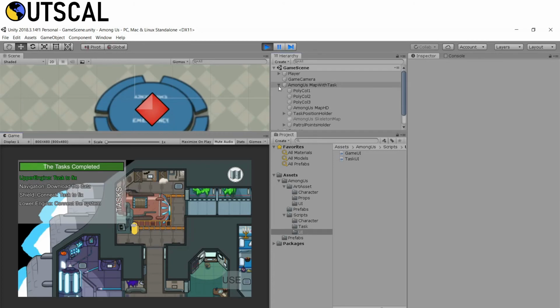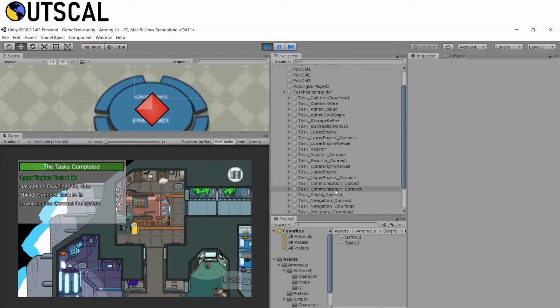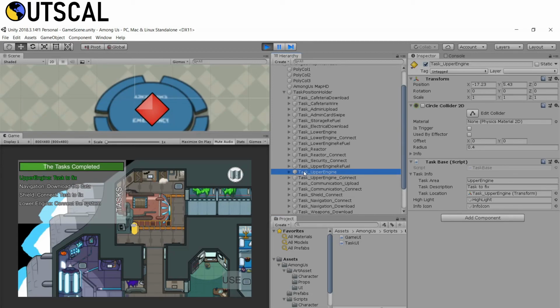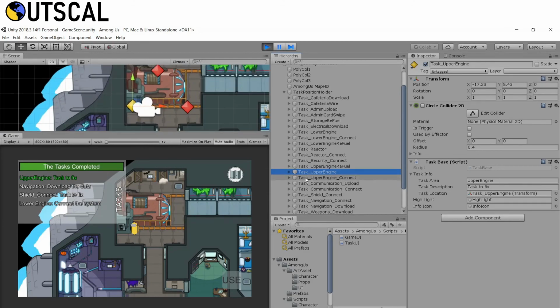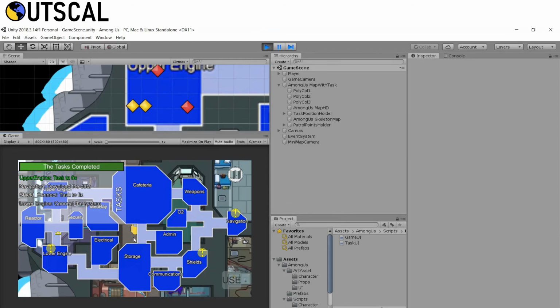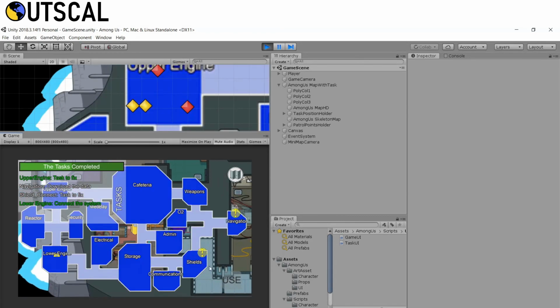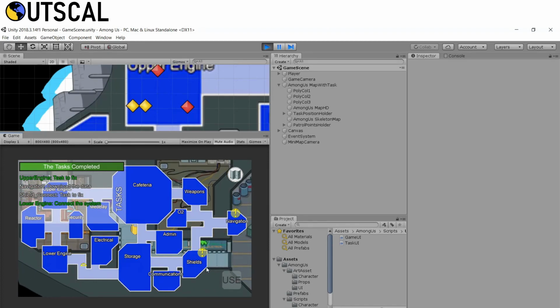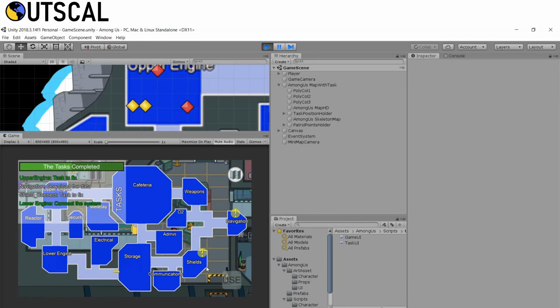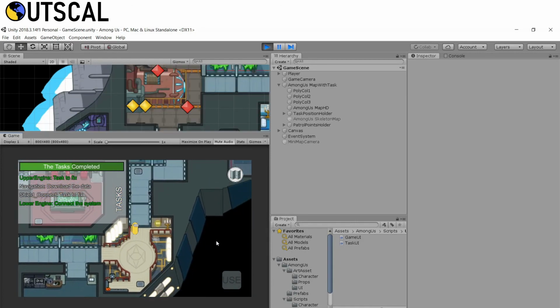And if I go, so this one was for upper engine, right? So in our upper engine, I think it was this one, right? If I double click, yeah, it was this one. So you can see now the collider is also deactivated. So if you want, you can again try some other task. Let's try this one, complete, and you can see we have completed. So this way guys, let me just go one more.